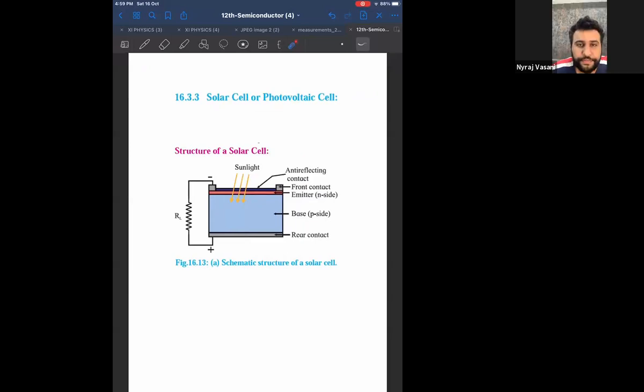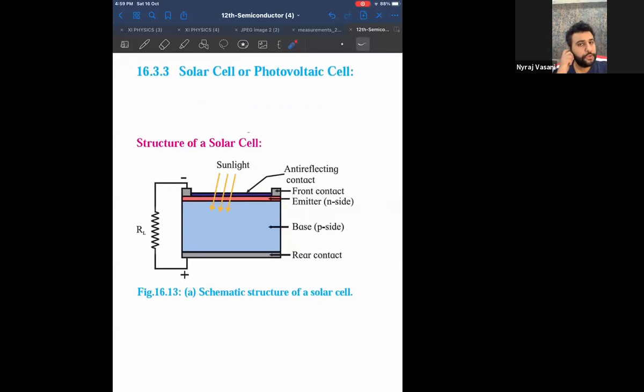Now see here. Solar cell or photovoltaic cell. Now solar cell or photovoltaic cell is the next topic. Logic is same as that of photodiode. Look at this. I have P type, I have N type, and on the depletion region, I have a glass panel where sunlight is falling. But instead of itself using the current, it takes contact plus and minus and sends the current to some other electronic device RL.